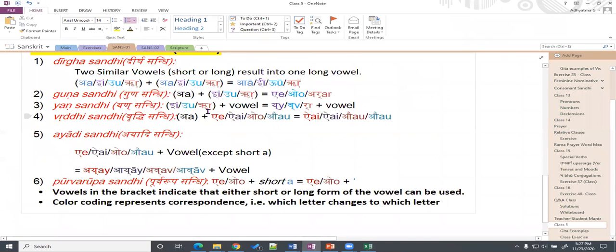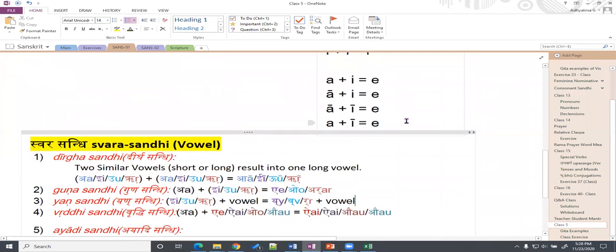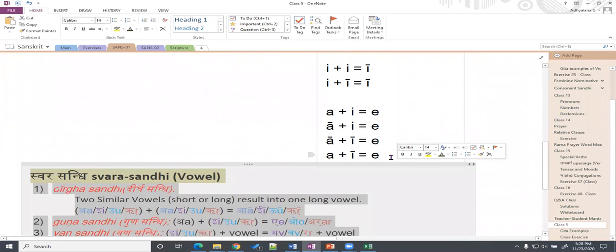So Ikara, Ukara, Rikara plus a dissimilar vowel: here the second vowel does not change. Unlike the previous two cases, where both vowels result in a third vowel, here the second vowel does not undergo any change. Only the first vowel undergoes a change. So if I have to write it here, it would be